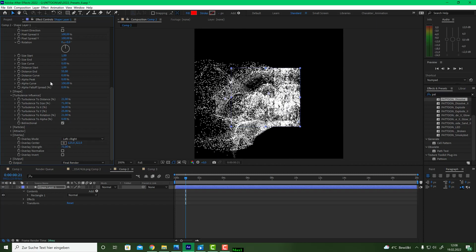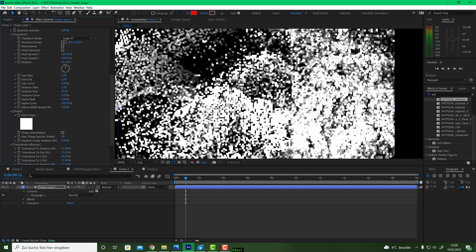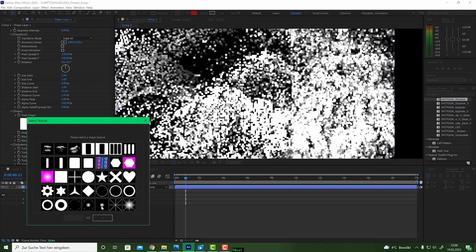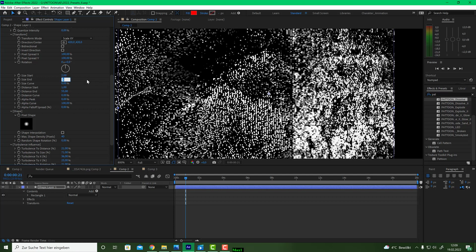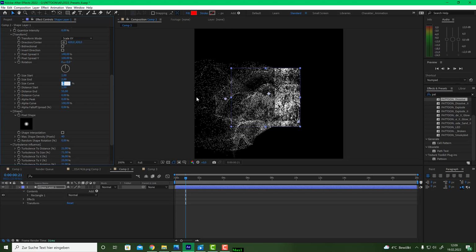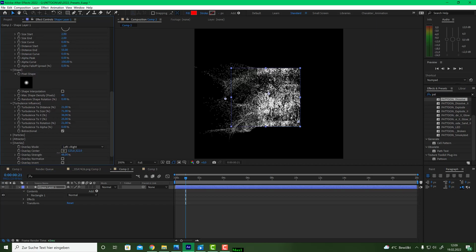Of course, you have control over alpha, meaning start and end point of alpha, so you can fade these particles over time. And one thing which is also new and very cool, you can change the shape of each pixel. In general, a pixel is a square, as you see, but you can use the pixel as this, for example. Now it's too small. Let me increase the start to 2 and the end to 2, and you will see you have more fine detailed pixels over time. Here we go,